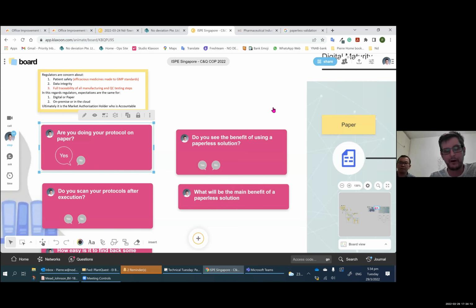I try to be as agnostic as I can. Now I'm biased because I'm using Neat, which is one of the solutions. There are many other paperless solutions available on the market. So if I'm talking about a certain solution, my reference is that one. But I think the mindset is the same.